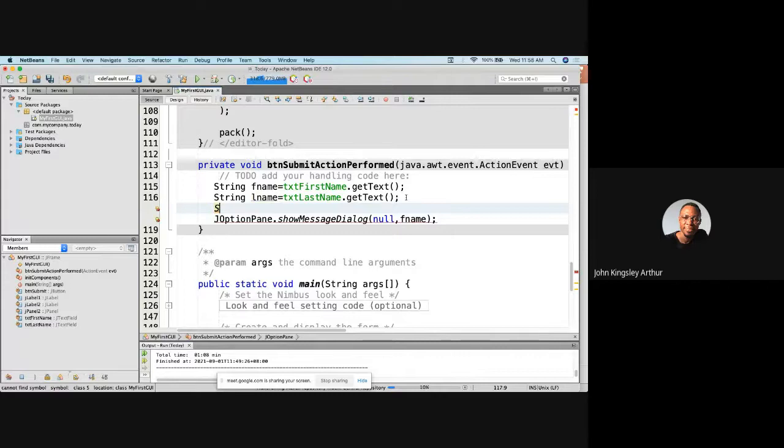So we create another string variable, we call that, let's say, fullname, and then we'll say fullname is fname plus lname. We will say, your full name is,